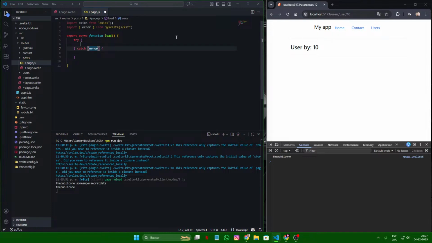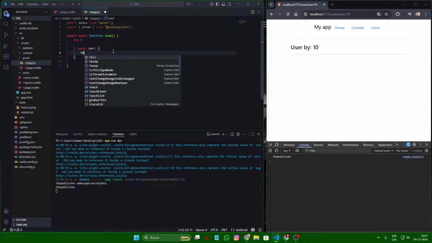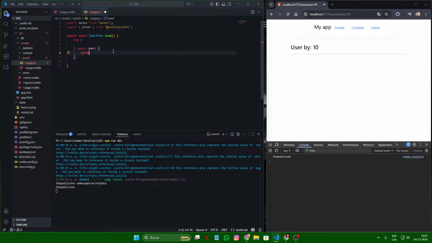Fine. So now we need to fetch the posts. I'm going to do response equals to, and then we go to await, we go to axios.get, and we go to the same location that we have right here, posts, and we get 100 posts, and it's